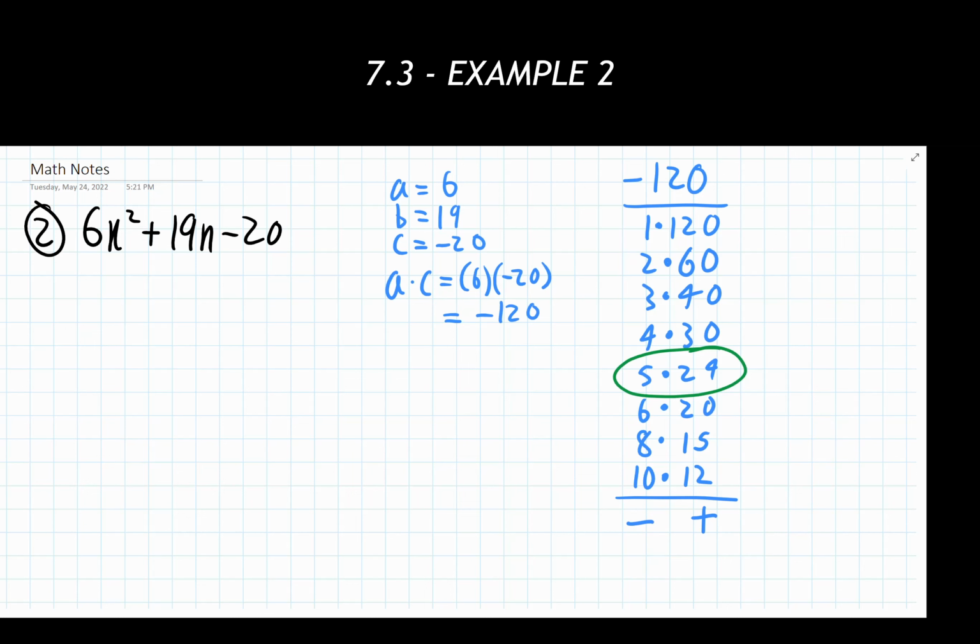Step 4 tells us we need to split the middle term using those two values that we found. So this 19n is going to split apart into the two values that we just found. My recommendation, list the negative number first, positive number second, in this ordering. So we have that there. Perfect. Split that apart. Now we need to factor this thing using the factoring by grouping method that we have.